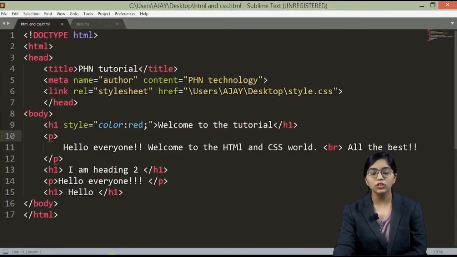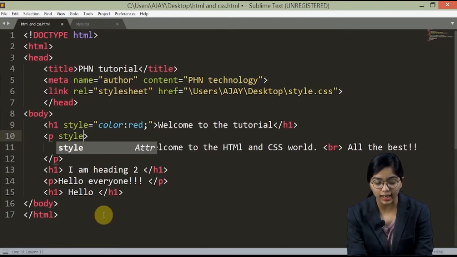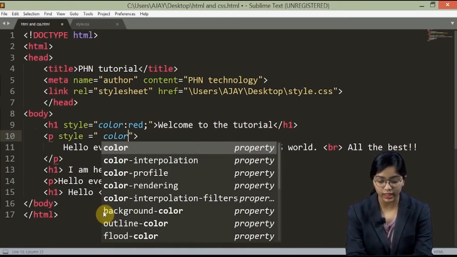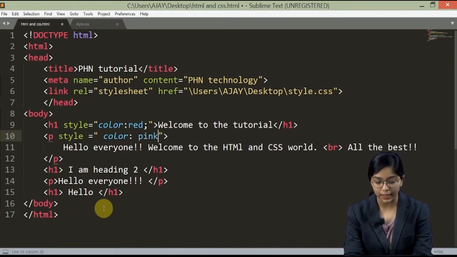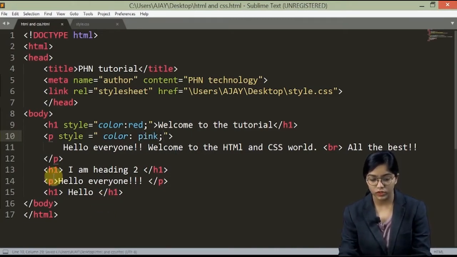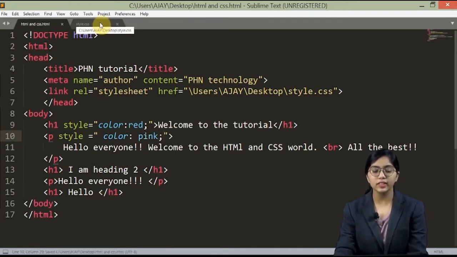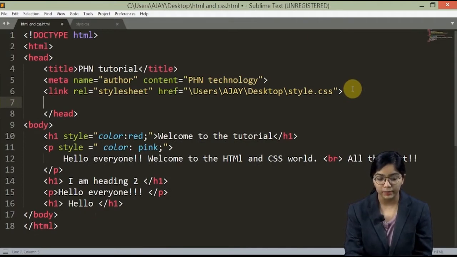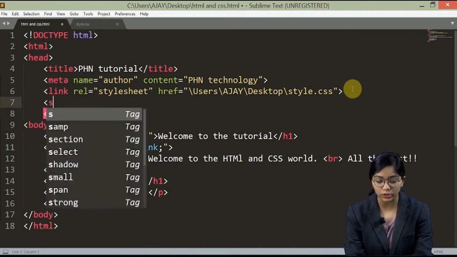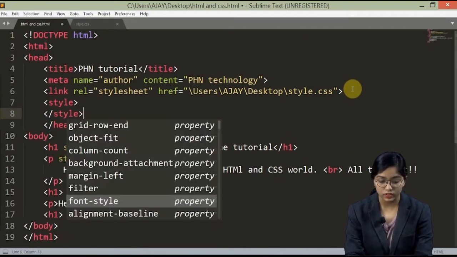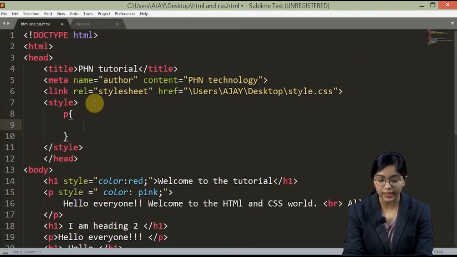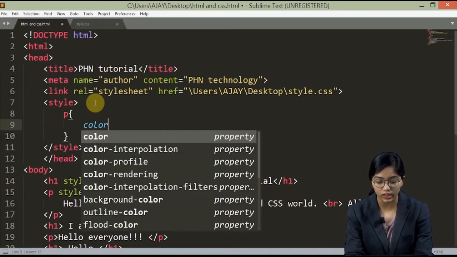Let's just give an inline styling to it, and give it the color pink. Now, let's give an internal styling here. The internal styling will come inside the head. So, we will give the internal styling to the paragraph. Here there is the style tag, I have opened and closed it. Now, the P tag, and let's give the color as